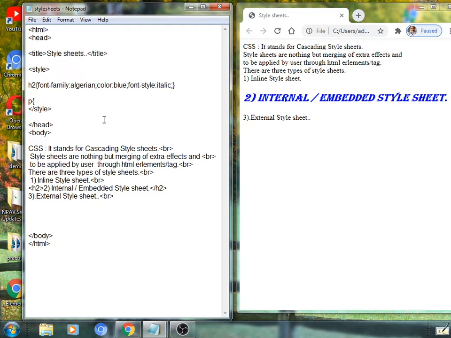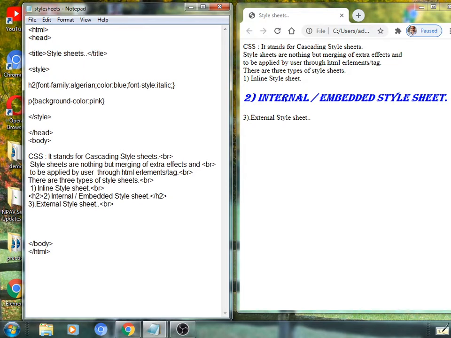So one more property I would like to apply here for the p selector, that is the paragraph tag, such as background-color, colon, its value to be given. Suppose I have applied here pink, a single property I have chosen for the selector called p, that is nothing but the p paragraph tag.